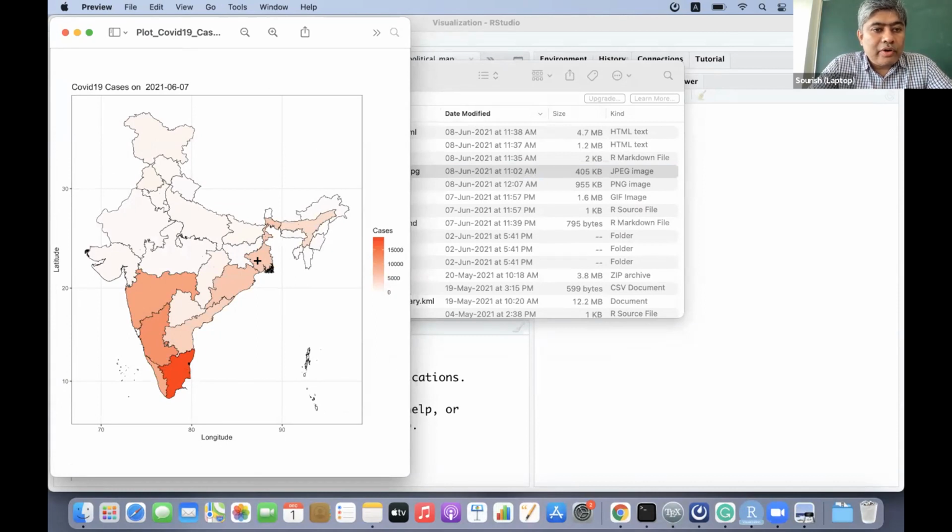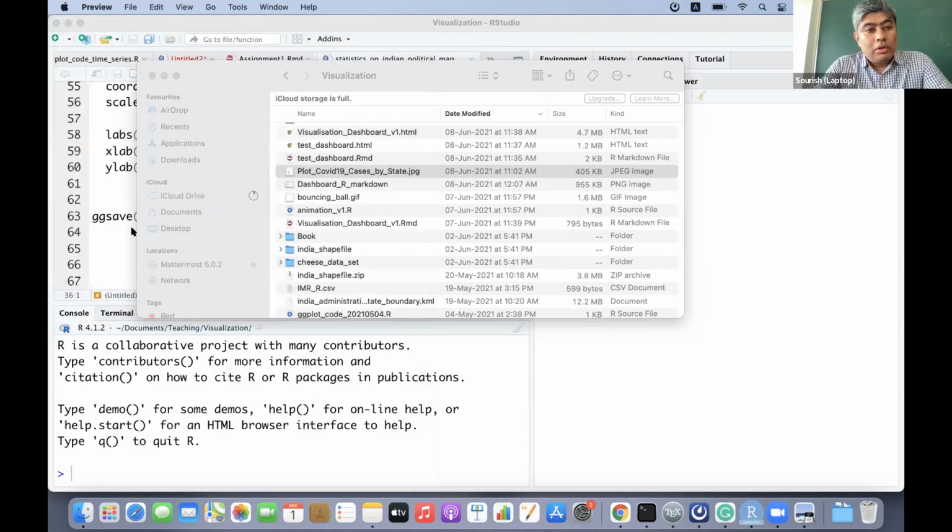So for each state, how many cases were observed on 7th of June 2021, that plot was made here. This is what we want to do.